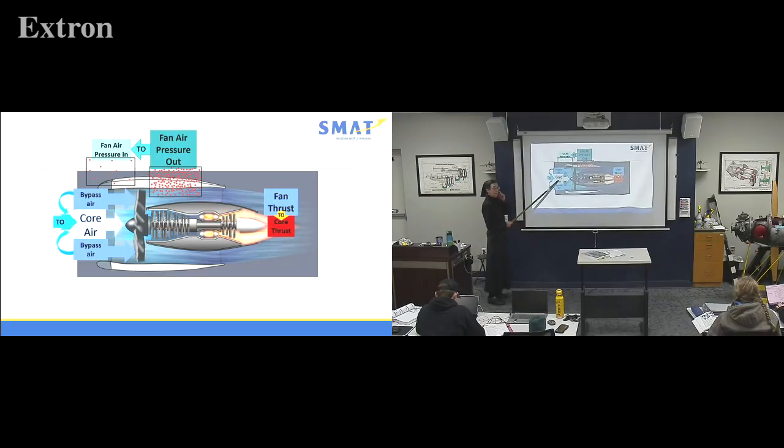And then bypass ratio, air that's bypassing the core, just having a happy time outside, just through the fan, compared to core air going through our compressor, getting